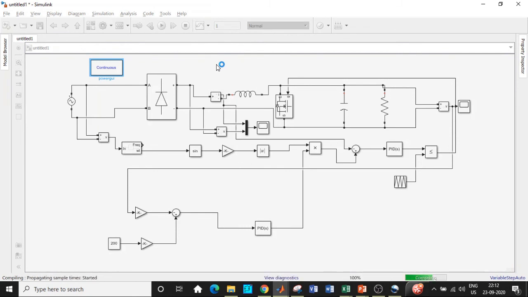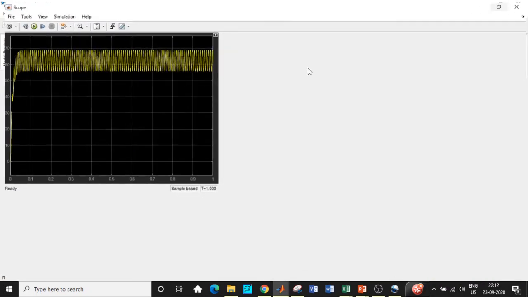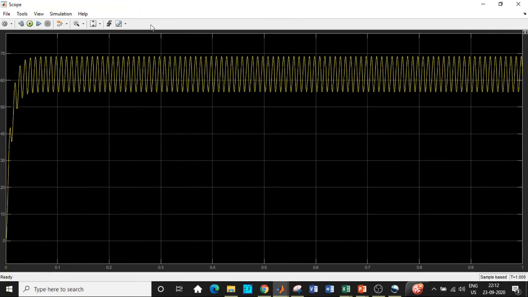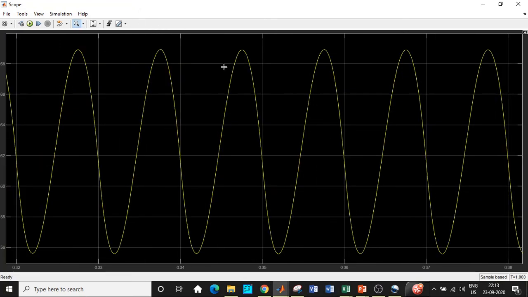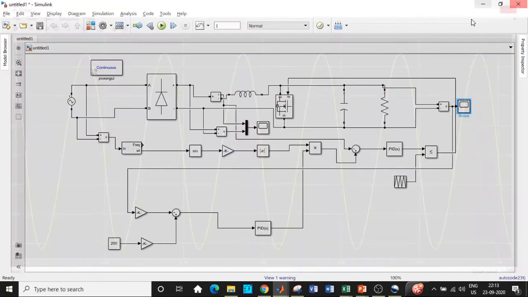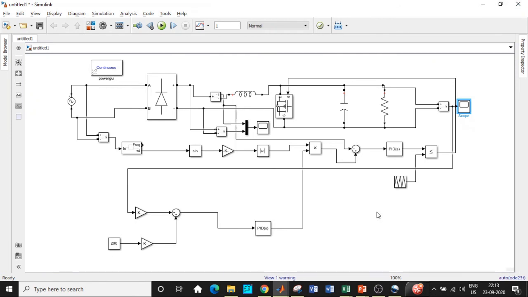So wait for some time. It does take some time for the simulation to run. So over here it shows the time duration for which we have set the value, which is 1, with respect to the circuit. Now double click on the scope. Let us first check the output voltage waveform, and we are getting a DC voltage, and you can see the ripple. You can further reduce the ripple as we have not gone with an exact design procedure. You can further reduce this ripple according to your design with respect to the capacitance value that you choose.